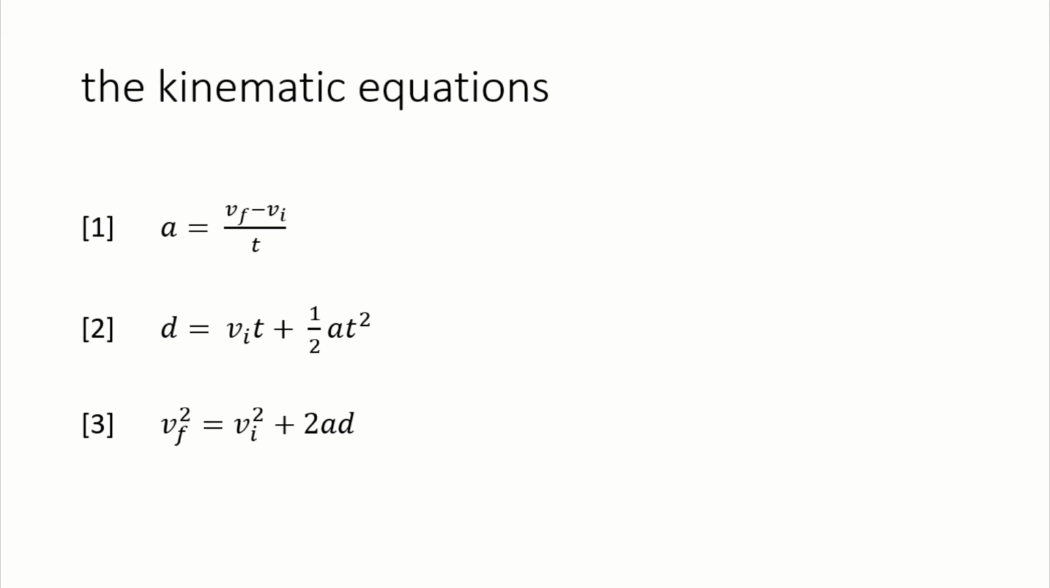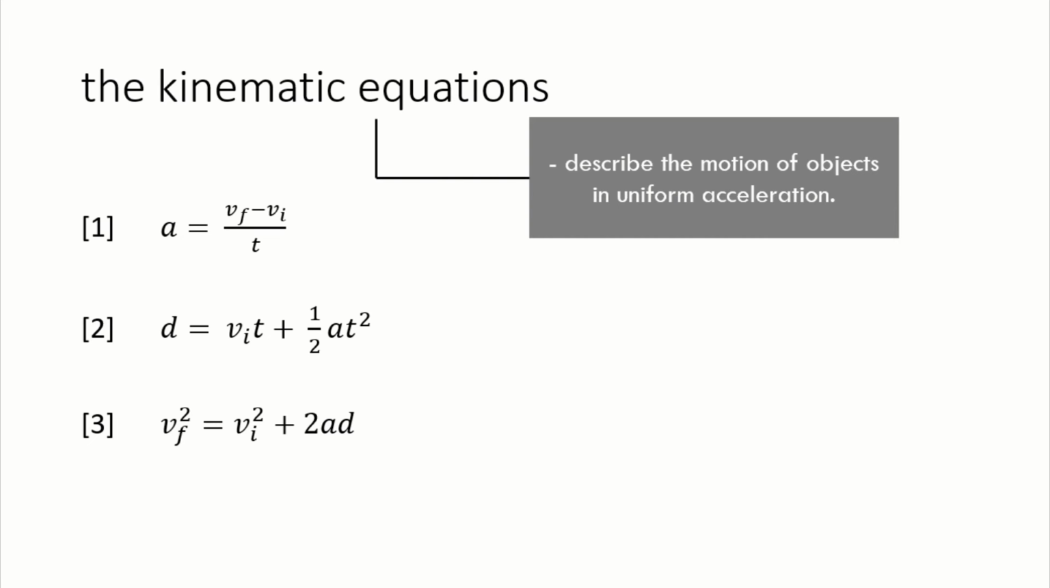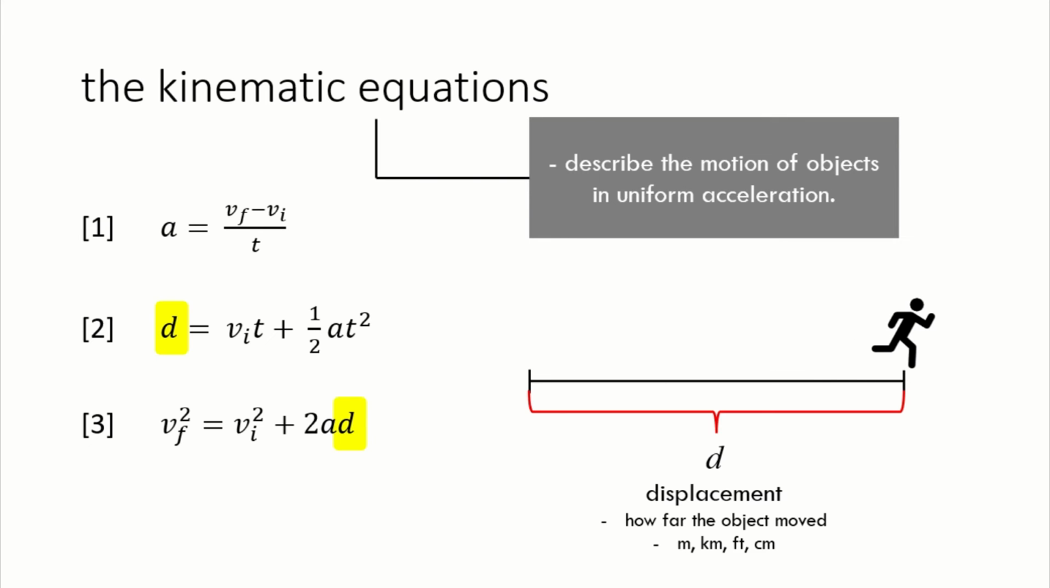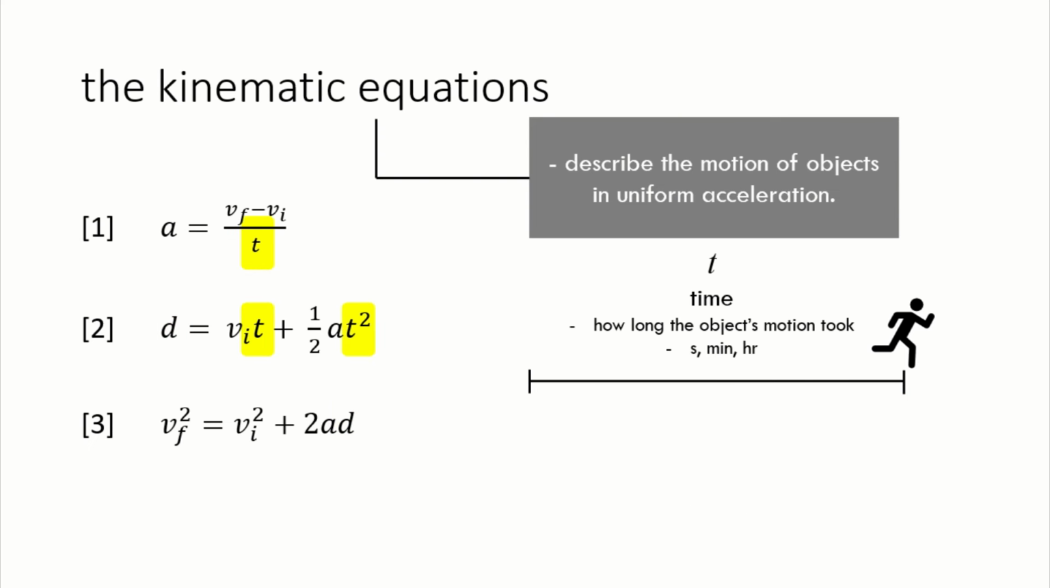In physics, we use the kinematic equations to describe the motion of objects in uniform acceleration. For instance, this guy, who runs this much. The quantity d, or displacement, describes how far the object moved. The quantity t, or time, tells us how long it took for the object to finish a certain course of